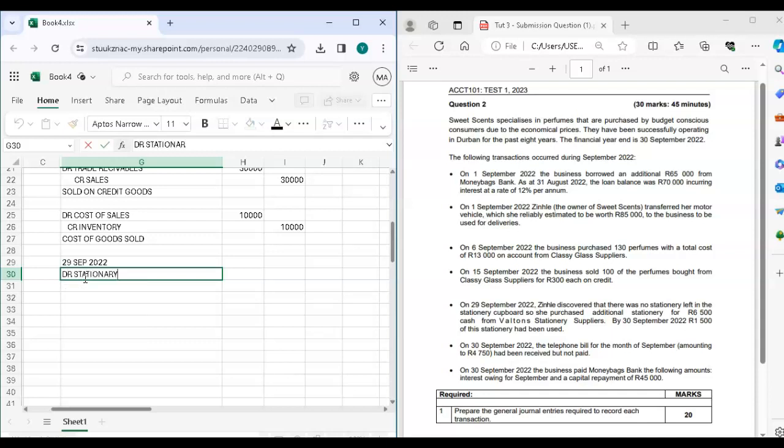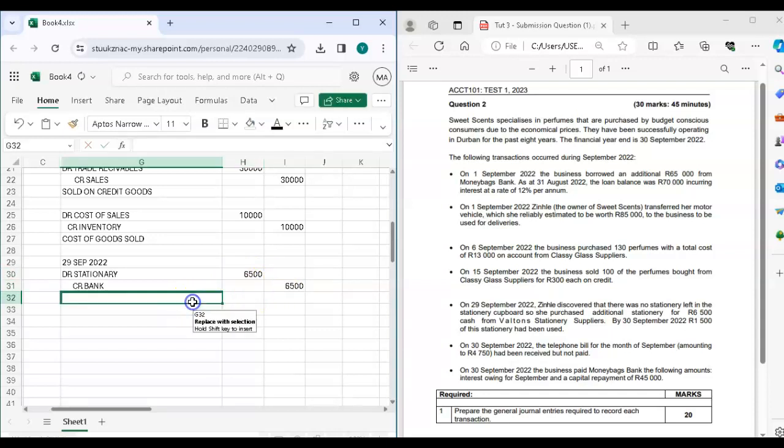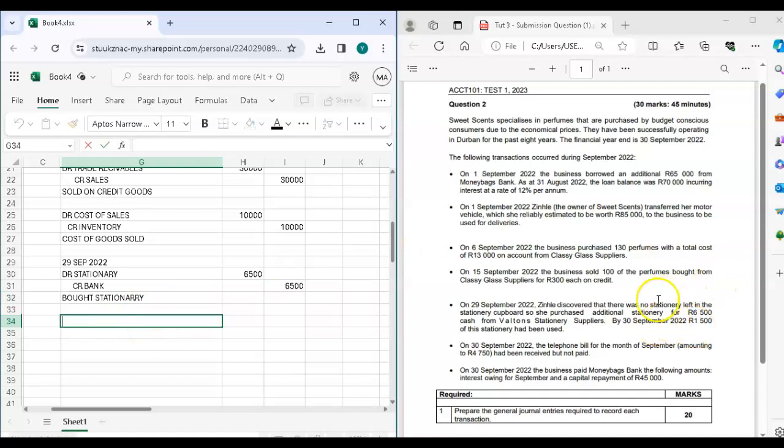Now this stationery is an asset. Don't forget that it's an asset. And then you credit your bank. And the amount is 6,500. So debit 6,500 and credit 6,500. Your story: bought stationery. So now, what's the next transaction? After you bought this, at the end of the month, you said, okay, this 1,500 stationery has